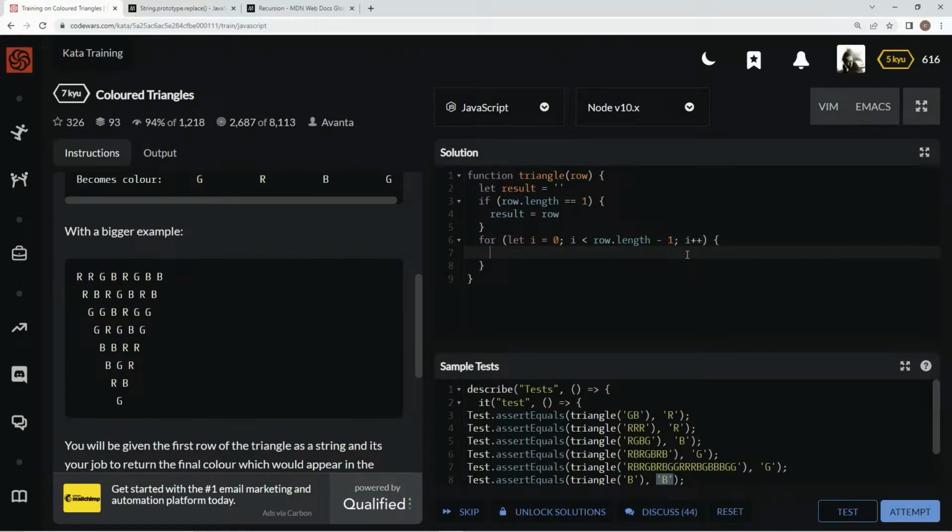So right now, what are we going to say here? We're going to say if row at i equals row at i plus 1, we're going to say result plus equals row at i. All right? And we're going to say down here, else,